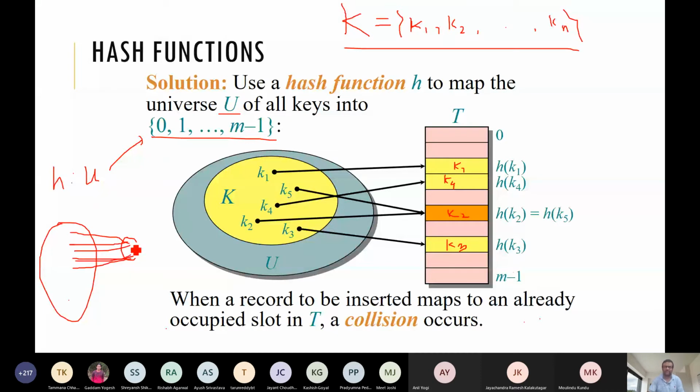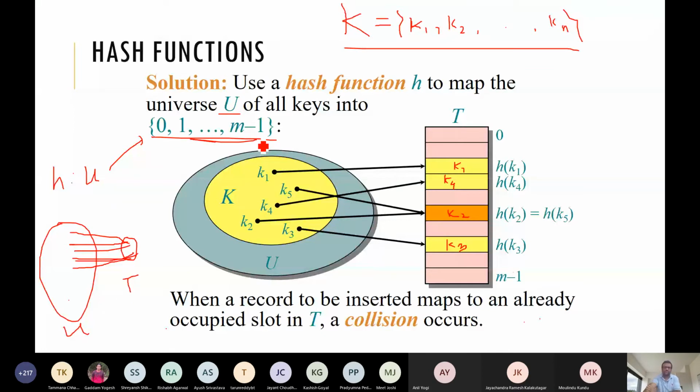We cannot avoid that, because to avoid collision we need to take this set to be bigger, but that is not allowed. We cannot afford that much bigger size of the array or table. So the hash function h cannot be one-to-one, because this set is bigger than this set, which is smaller. That's why collision is quite natural.